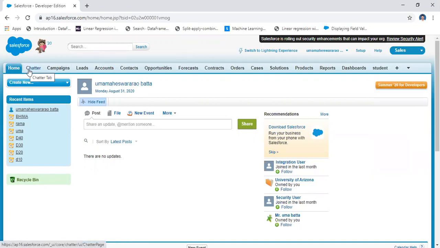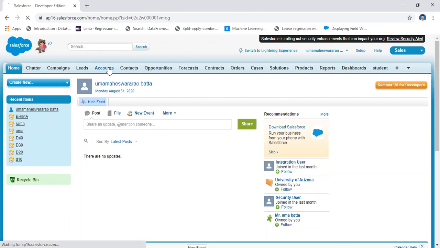Here you have a home page. Home is one button, another button is Campaign. Button in the sense of object; these are the tabs you are adding here. Lead is one tab, this is an object, account is one tab, this is an object, contact is one tab, this is an object.